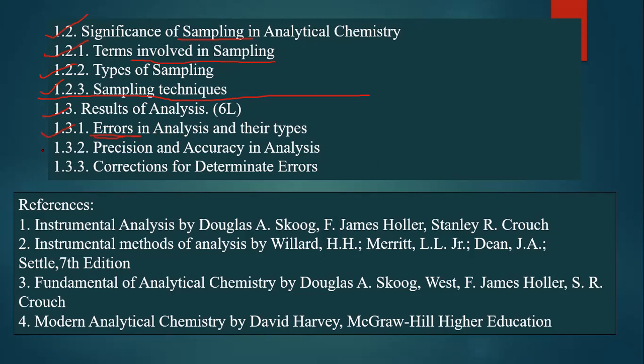And after doing the analysis, we are going to study what precision is, precision and accuracy. Whether the experiment we carried out is precise, whether it is accurate, or whether the reading you got is according to your expectation or goes beyond that. That comes under this, so you are going to see it. And if you find there is some kind of error in your calculation, whether it is possible to minimize it or eliminate it from the experiment, we are going to learn in detail, and also the types of error by which you are going to study the